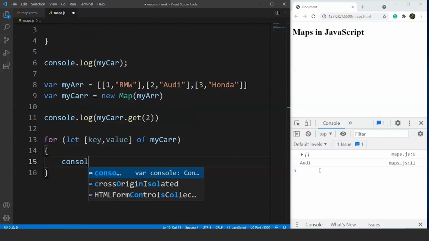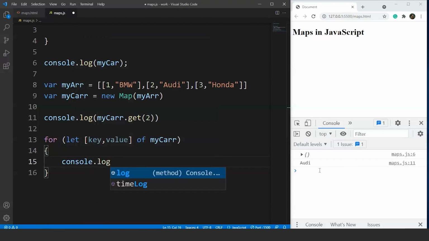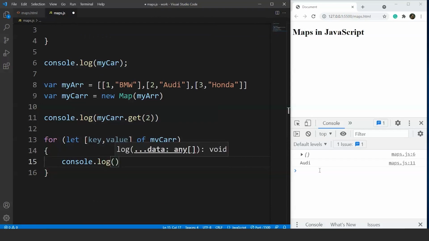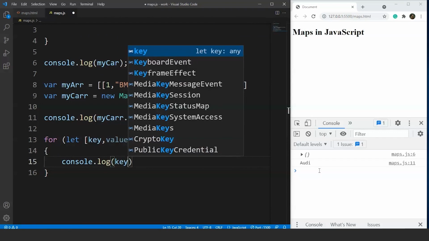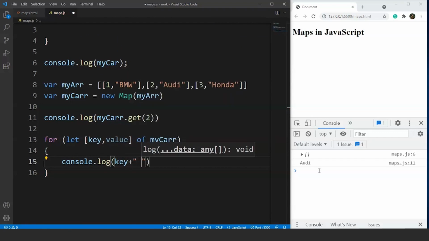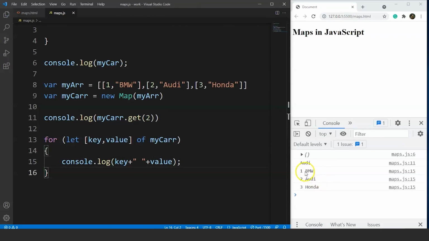We'll write here console.log and we'll print the keys and the values. Fine. So we'll write here key, then space, and then we'll write here value. Save it, and here you can see we have keys and values here. We have 1 BMW, 2 Audi, and 3 Honda.